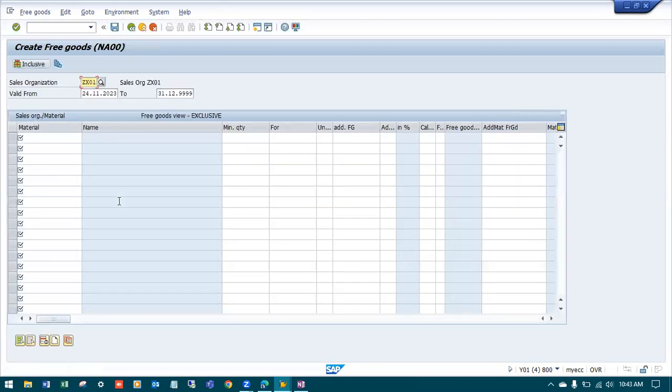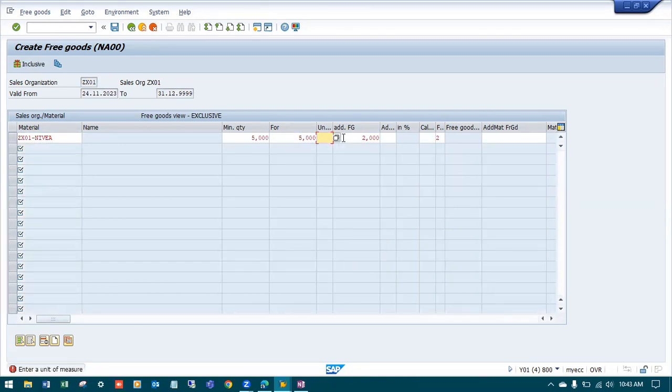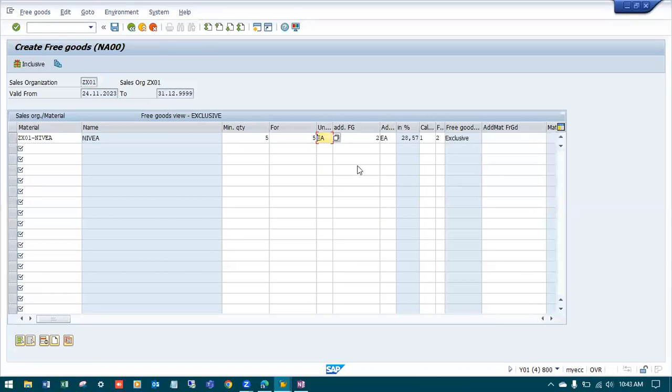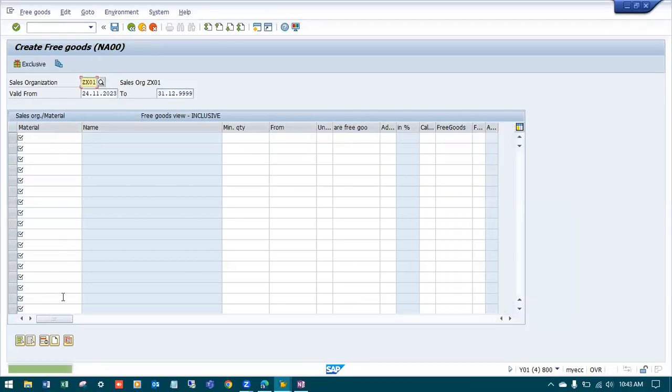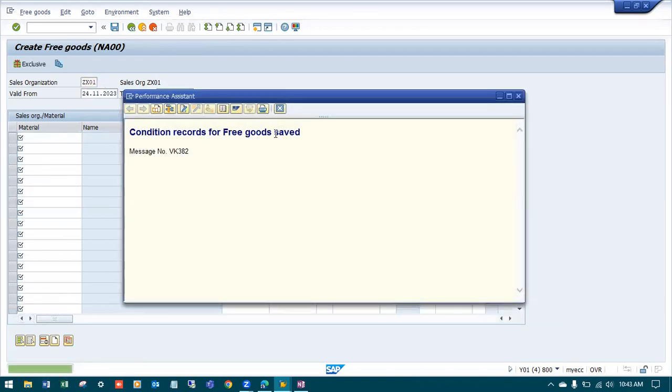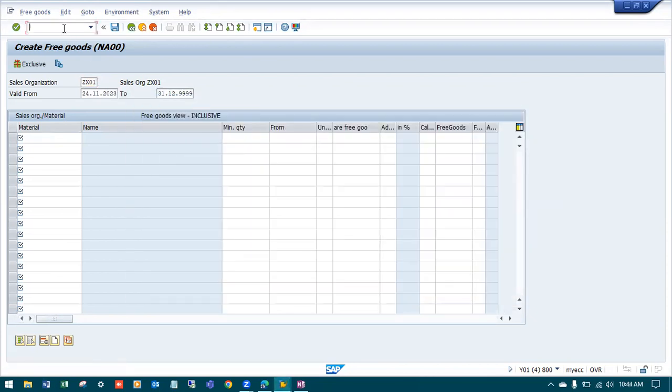Click onto exclusive offer. Now we are in create free goods for exclusive. Minimum quantity 5. From 5 quantity, 2 pieces shall be free. Enter. Each, EA. Exclusive. Let's save the condition. Condition records for free goods saved. If I try to create an order for this material,